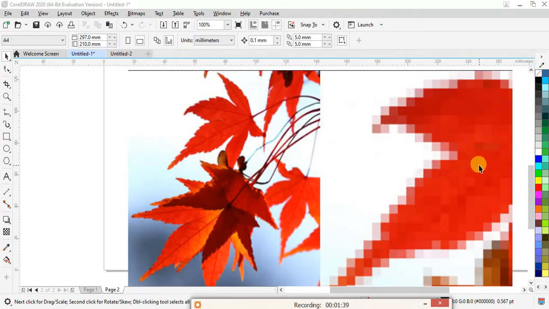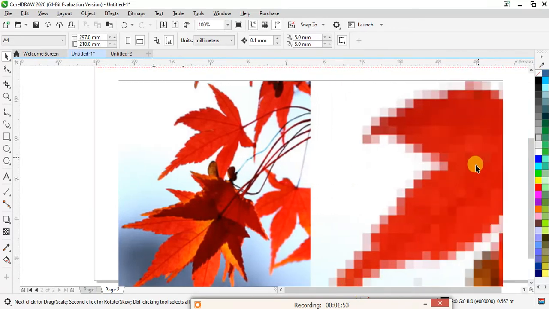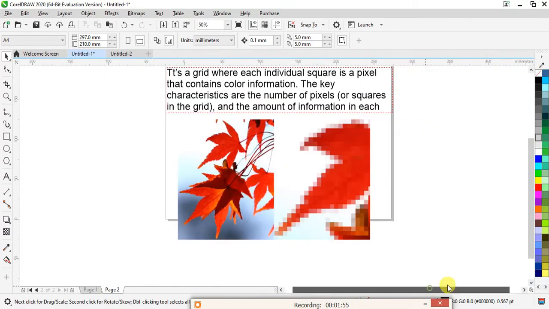The image on the right-hand side is a zoomed image of this leaf.